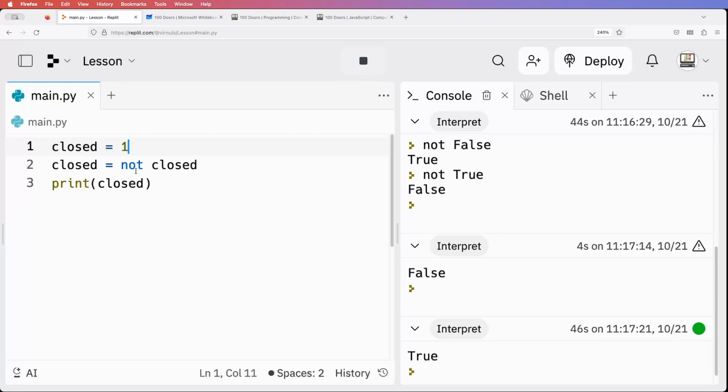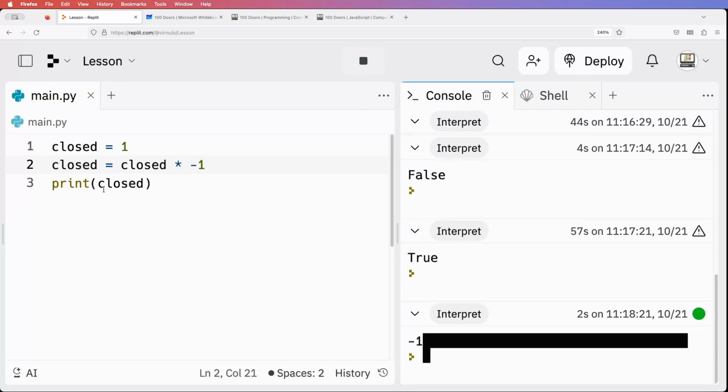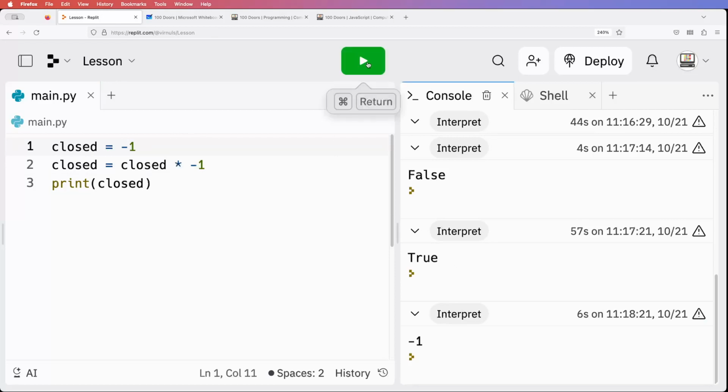So again, we won't worry about the name because I'm not going to stick with this. But what we could do there is we could say closed equals closed times -1. So now if closed is 1 to begin with, it becomes -1. But you might know from your maths, if you multiply two negative numbers together, then you get a positive number. So -1 times -1 makes it positive again. So we can also flip or toggle things by multiplying by -1. But I'm going to go with